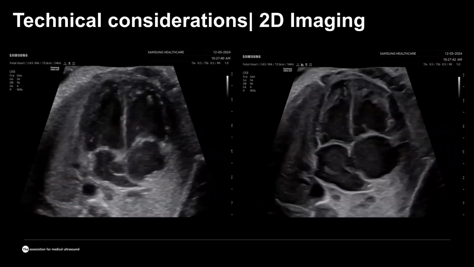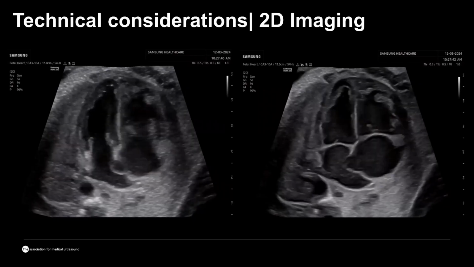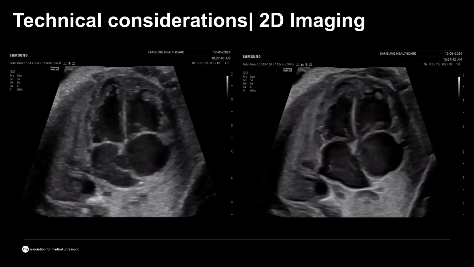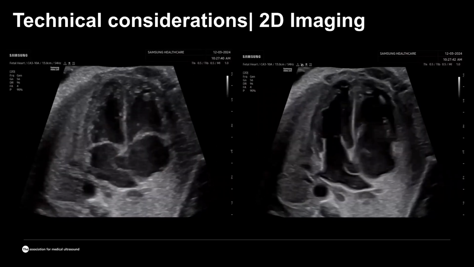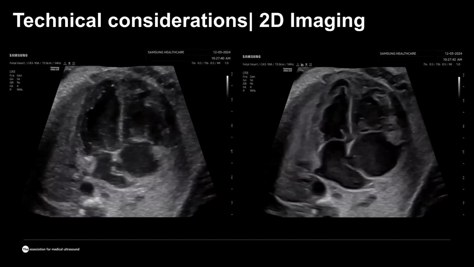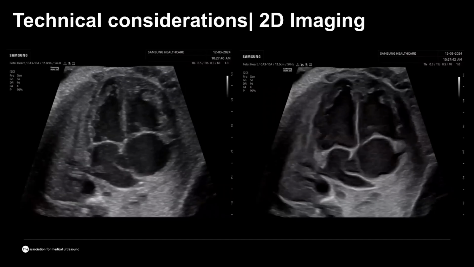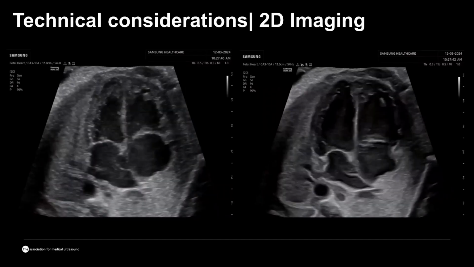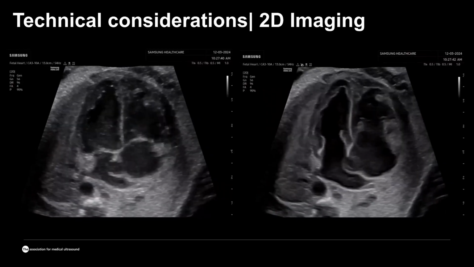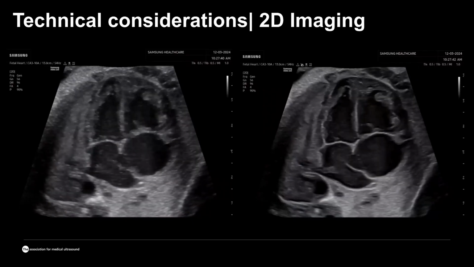And here I would like to introduce to you the concept of the different tools that we have that help us to change the perception of the image and also to change the appearance of the very teeny tiny details that can be recognized looking at the heart, including the leaflets and the papillary muscles, the foramen valve, all those details that we need to look at when we perform the detailed assessment of the heart.